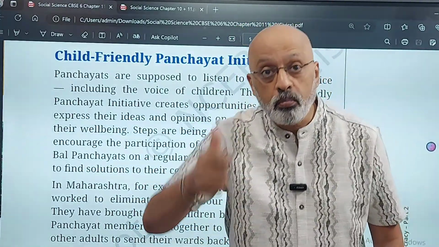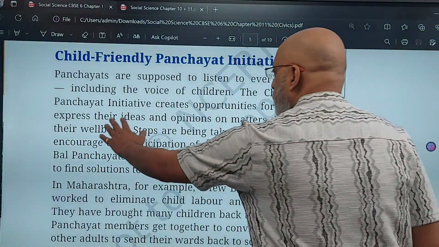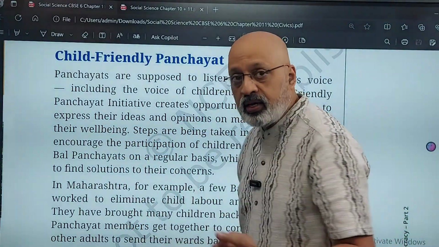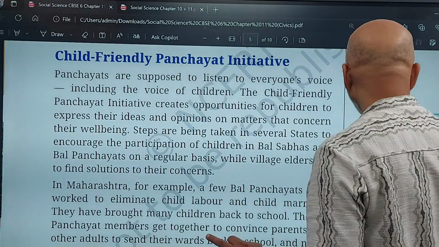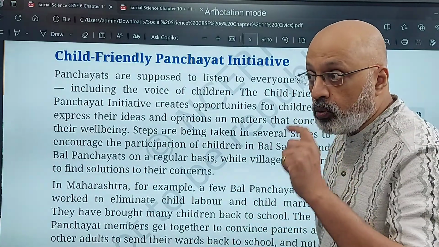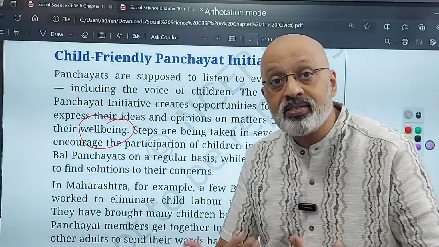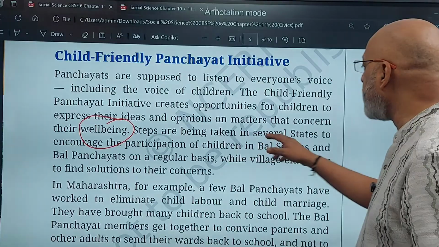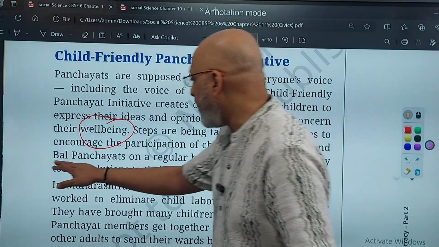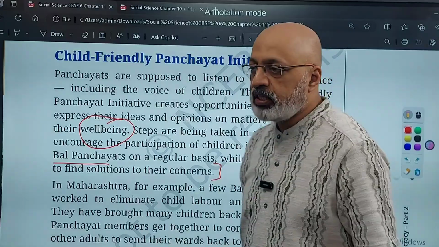Understood? Decision-making process. So that is the entire idea, that they express their ideas and opinions on matters that concern their well-being. यानी कि बच्चों के भले के लिए जो भी करना होगा उसमें उनकी ओपिनियन पूछी जाएगी, that they will be able to express their opinion about what concerns their well-being. So steps are being taken in several states to encourage the participation of children in Bal Sabhas and Bal Panchayats on a regular basis, while village elders try to find solutions to their concern. That the children say that,